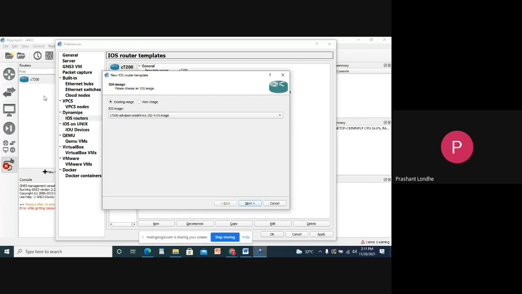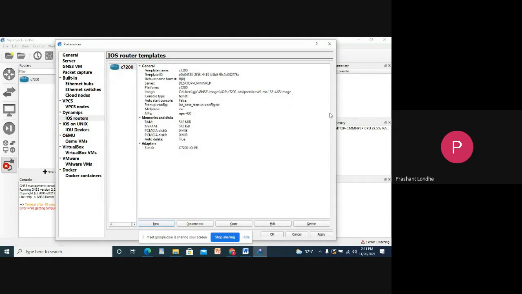Now I have already selected it, so it will not come up. Select the file, meaning extract the file that I have shared in your classroom, and then select that particular bin file and you will get that router.